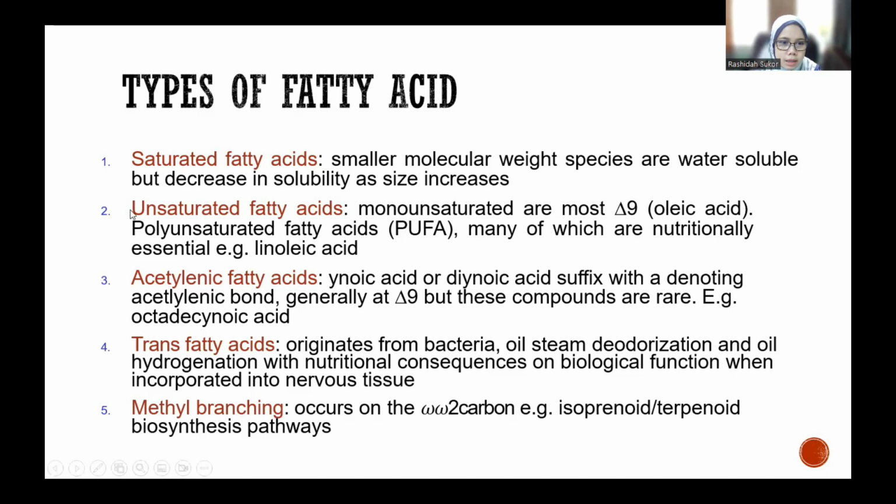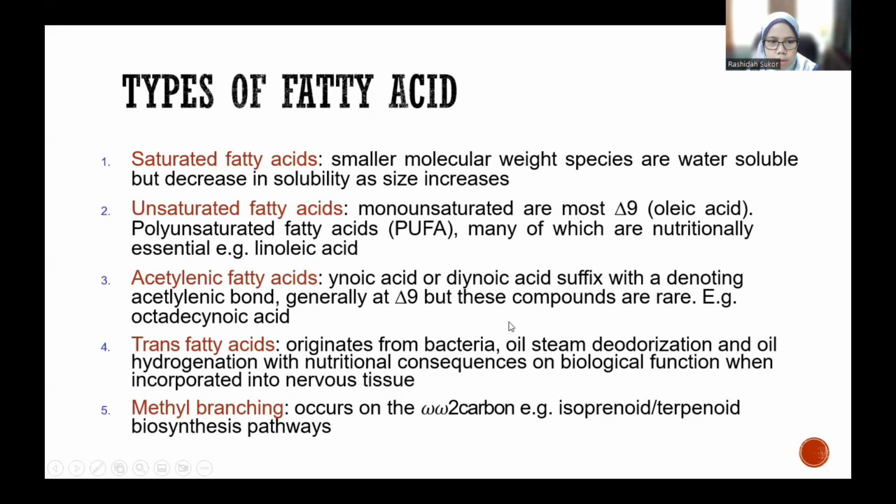Okay, polyunsaturated fatty acid has more than one double bond, which are more nutritionally essential. For example, linoleic acid. That means yang ni yang lebih banyak kita advise to take lah, the PUFA one, polyunsaturated fatty acid. Then we have acetylenic fatty acid,